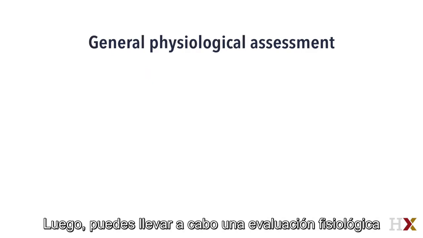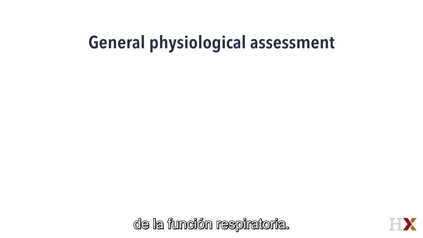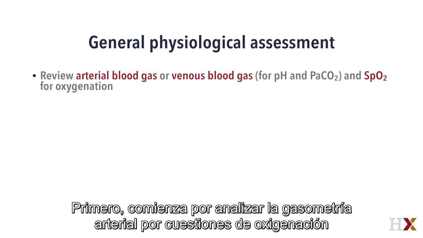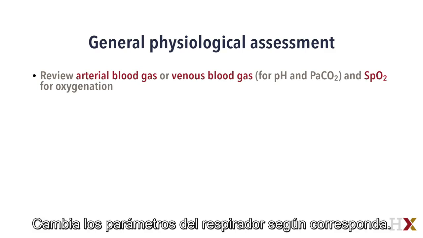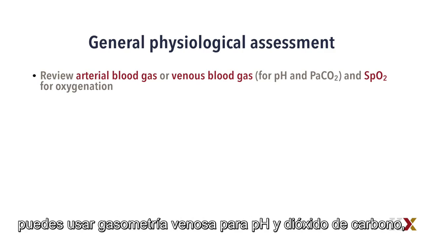Next, you can perform a general physiological assessment of respiratory function. First, start by reviewing the arterial blood gas for oxygenation and carbon dioxide issues. Make adjustments of the ventilator as appropriate. If you don't have an arterial blood gas, you can use a venous blood gas for pH and carbon dioxide,